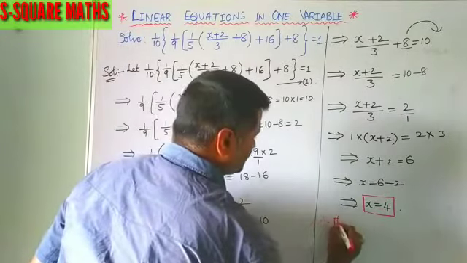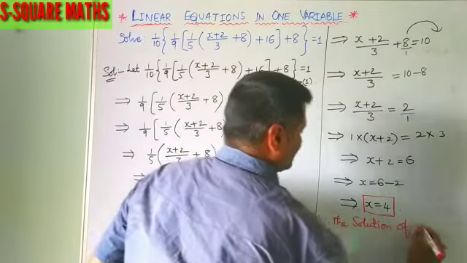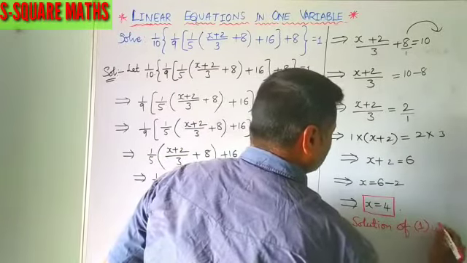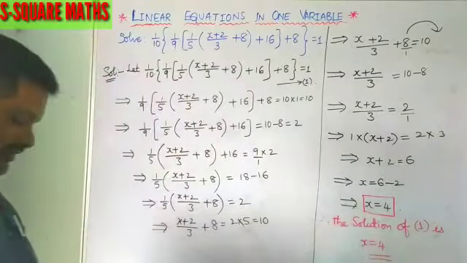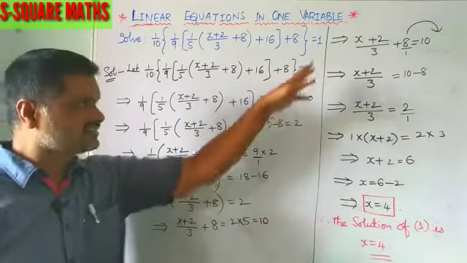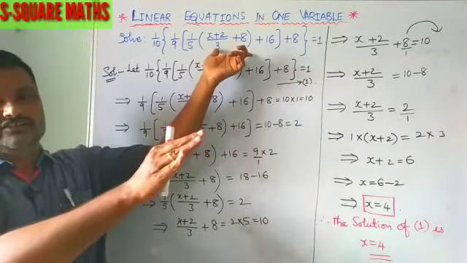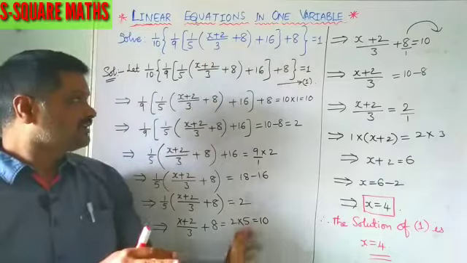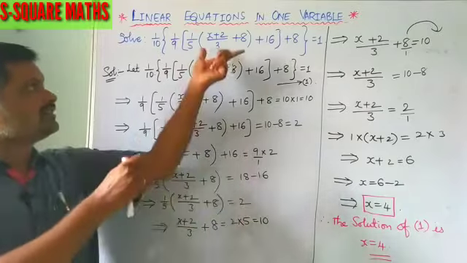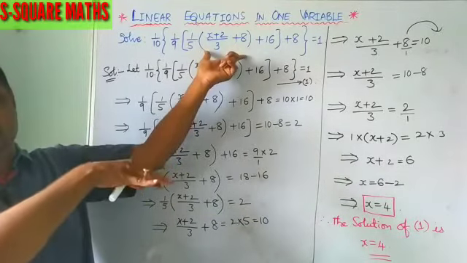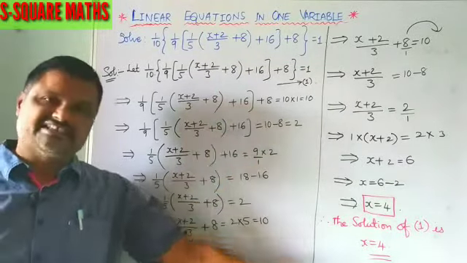Therefore the solution of equation 1 is x is equal to 4. This is the conclusion for our given problem. So please viewers and my dear friends, go for the easiest process. Don't get scared after seeing the question. Think it through and go for the better steps. In this way we can overcome the complicated problem of simple equations in the easiest method, without performing the LCM. This is the easiest process.